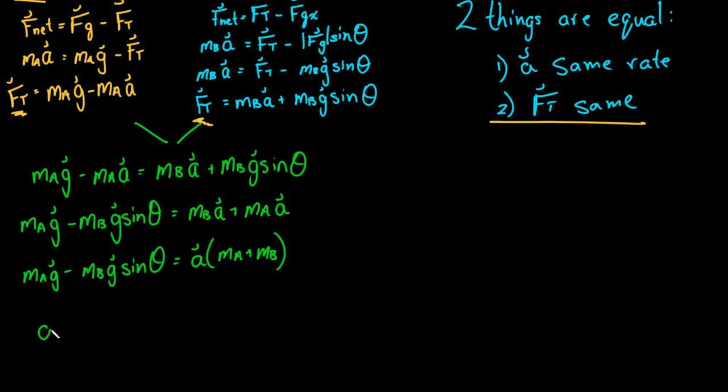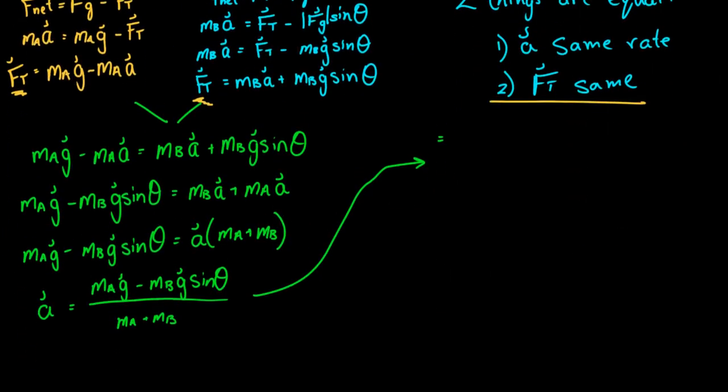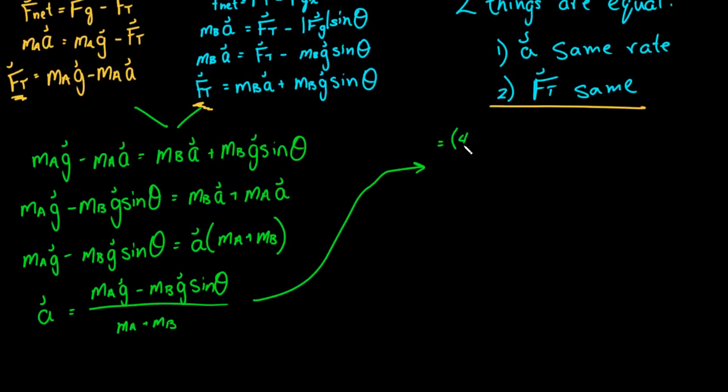So acceleration is just going to be equal to gravity on block A minus the x component of gravity on block B, all divided by the combined mass of B plus A. And then once we have that, we can actually just plug everything in and go to solve. Okay, so mass A was, I just got to go up to double check, 4.2. So we get 4.2 kilograms times 9.8 meters per second squared